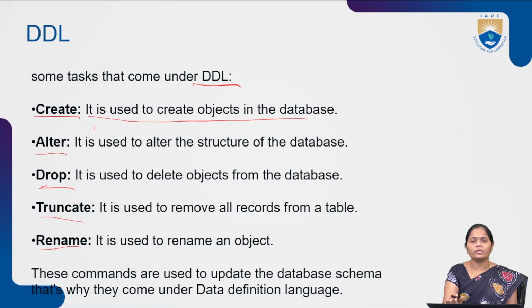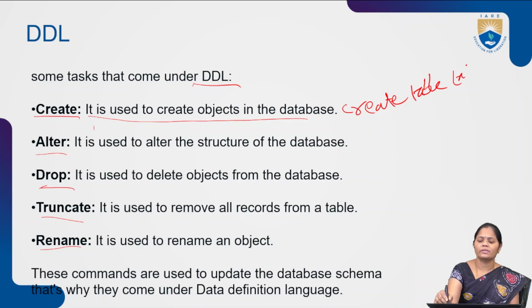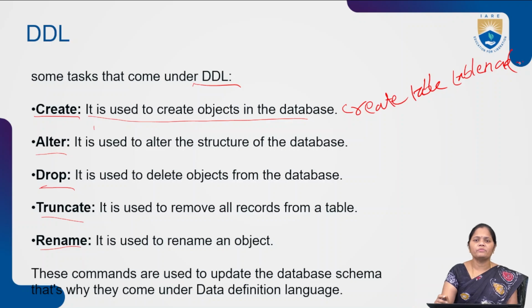To create the object in the database, we are using the relational model. So everything we are storing in terms of tables. We can consider it as a table object. For storing your data, firstly we have to create the table. By making use of the create table command, the table will be created. Like create table, and here you have to specify the table name and the fields along with the data types. So basically the create command can be used to create the table.